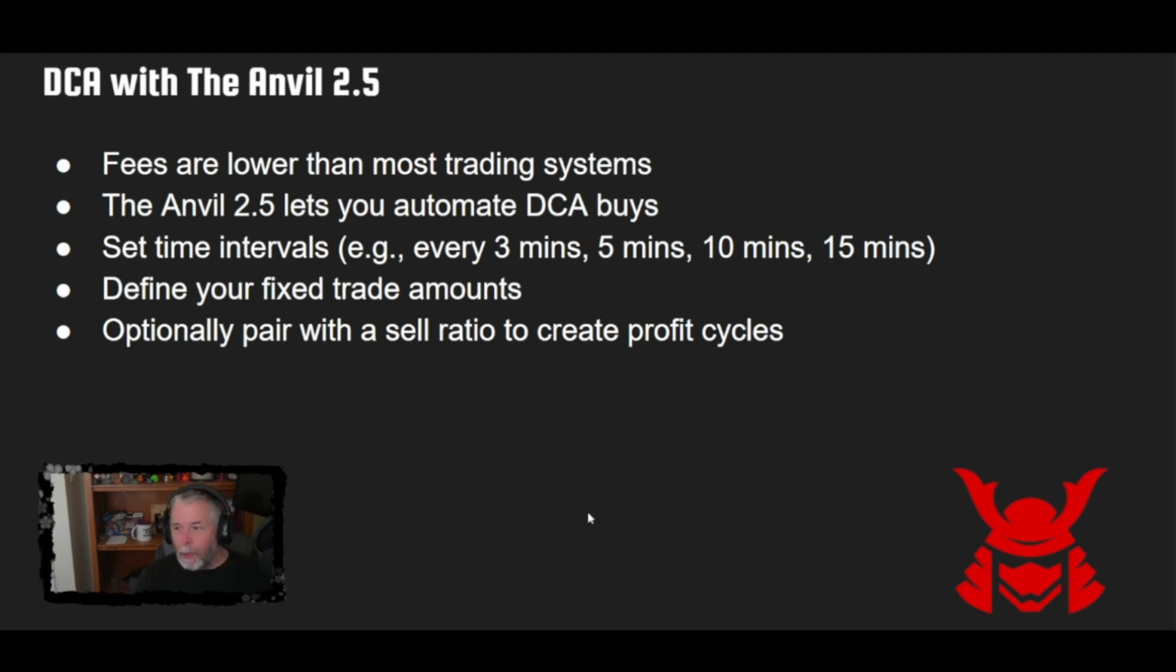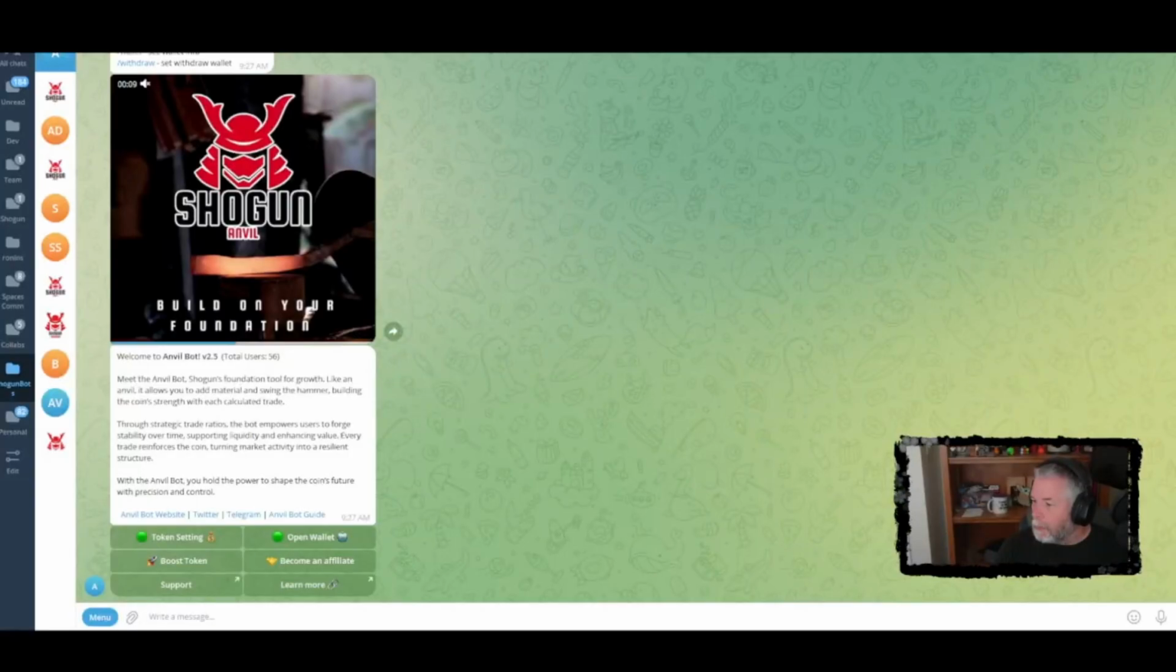Now, from this point, let's just jump over and have a look at what it looks like to create a DCA into our chart over on Shogun. Okay, as we jump over to the Anvil 2.5, the system is set up in a particular way,